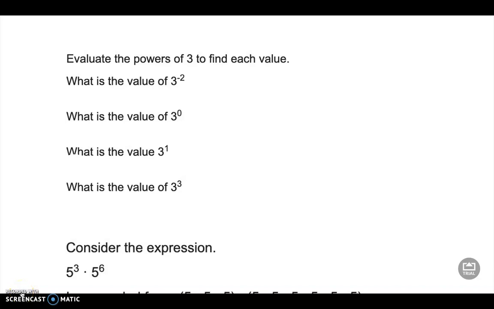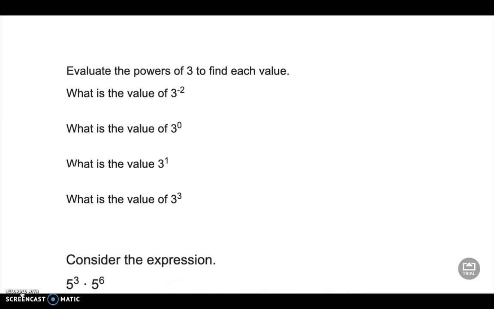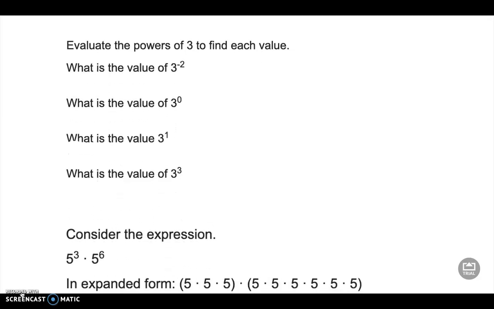This lesson is going to review the powers with the same base. We're going to evaluate them, find values, rewrite them, things like that. So in this first example, we're going to evaluate the powers of 3 to find each value. Basically, we're going to rewrite them if needed and then find the actual